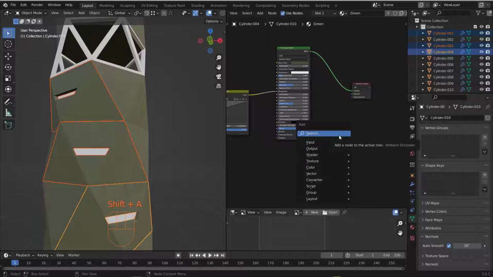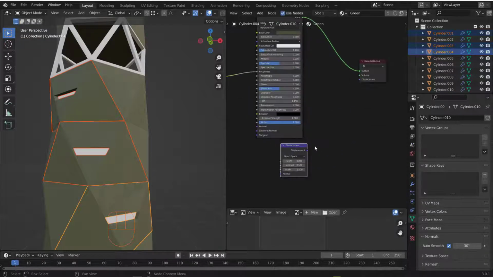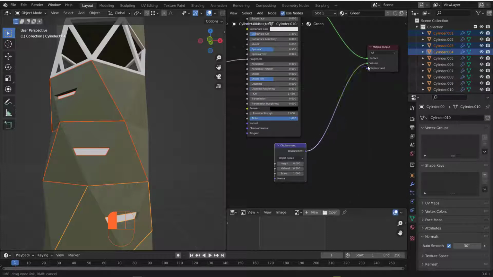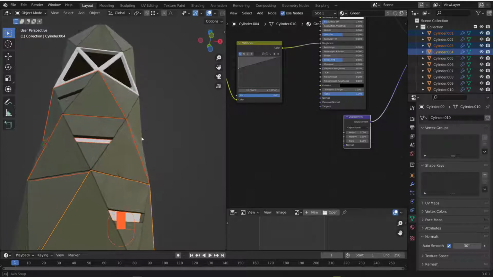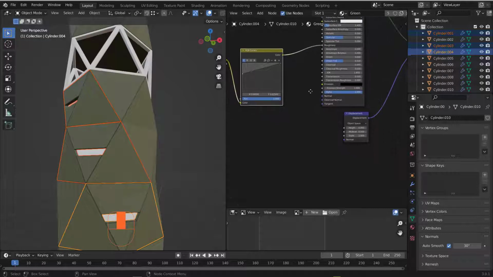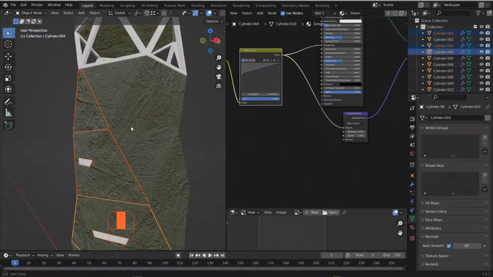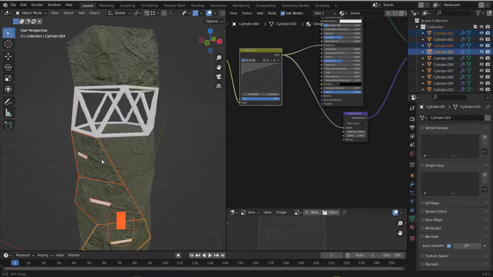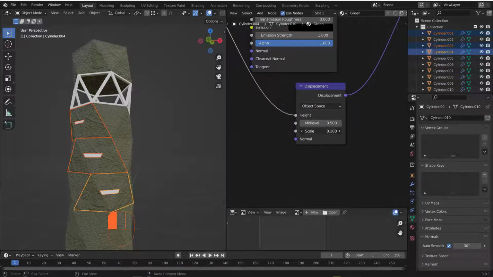So I will hit Shift A to add and use the search and search for displace. So let's use displacement here. I can add this right here and just connect the displacement with the displacement here. And after that, maybe I can use this result of the RGB curve and put it here in the height. That will help me to get some height information, but as you see, the result is crazy. We don't need that much of the strength. So I will take the scale down to make